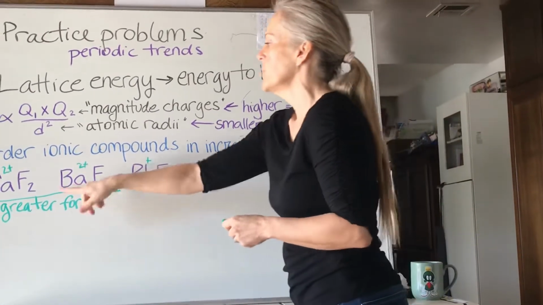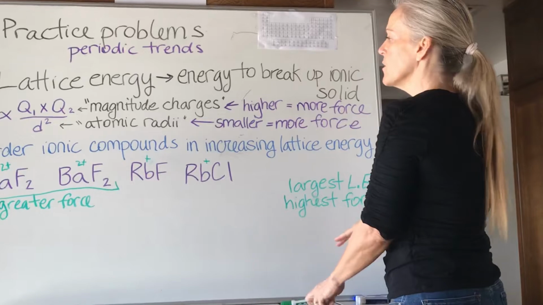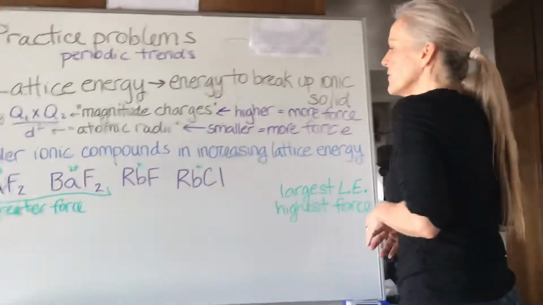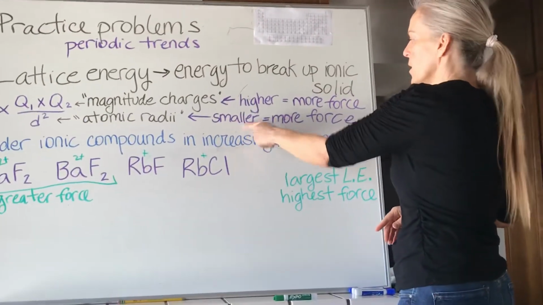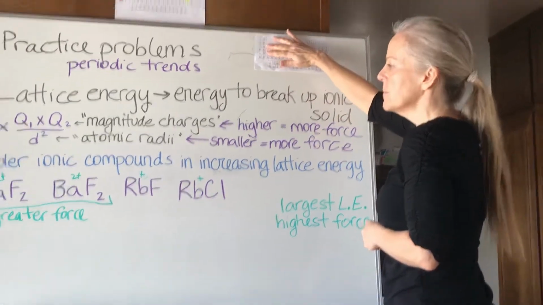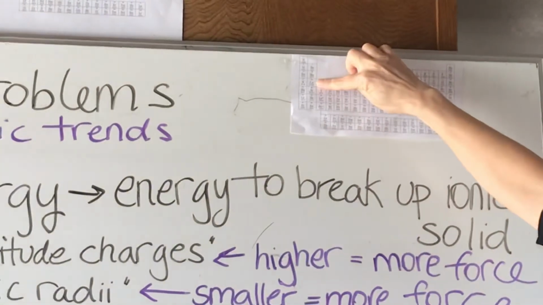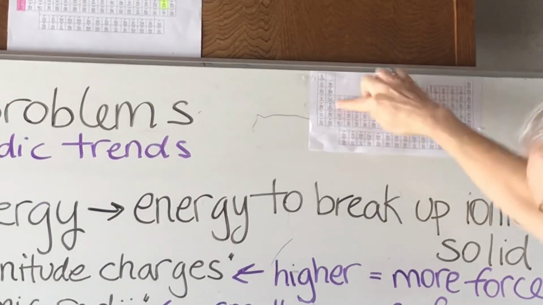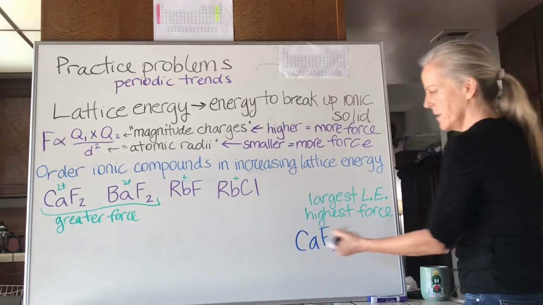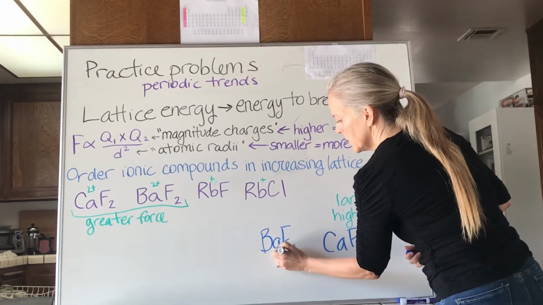So we know we're going to put those two over here on the largest lattice energy, and then to differentiate between those two, they're both paired up with the fluorine, which is the fluoride ion here. So we have to figure out, of those two, which one has the smaller radii, because that's going to be the one that has more force. So if we look at calcium and barium, the radii is increasing as you go down a column. Since calcium has a smaller radii, it's going to have the greater force. So that's why we're going to put that one farthest to the right. So these two come